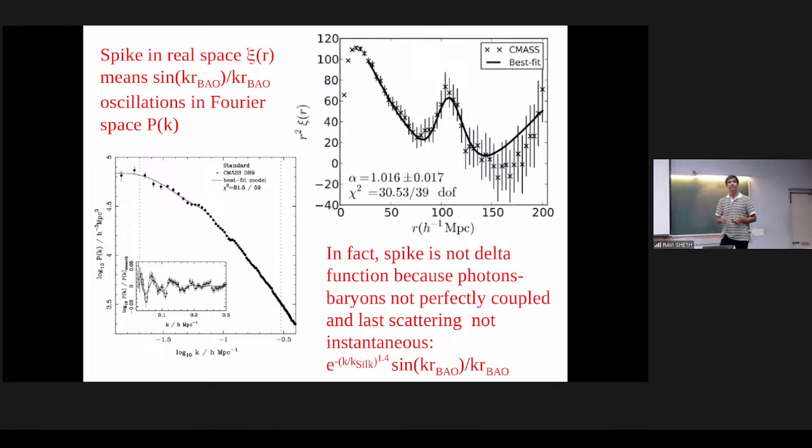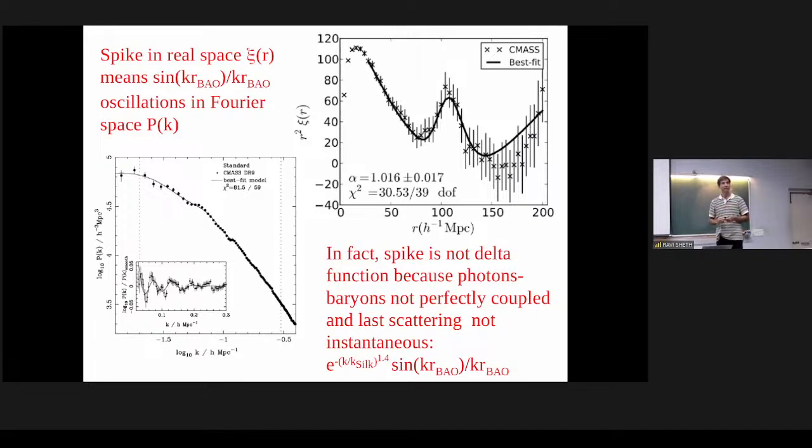There's a slightly confusing thing that happened, which is that this peak is more or less the scale that we expect, the physical thing. The signature of the measurement is not the amplitude of the oscillations, but the wavelength of sine kr over kr. So it's the wavelength: how far do you have to go in k from one bump to the next bump to the next bump.